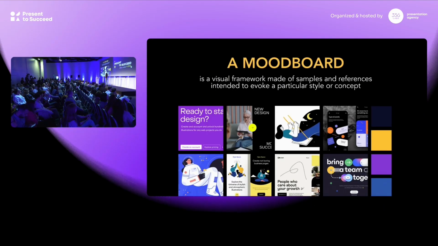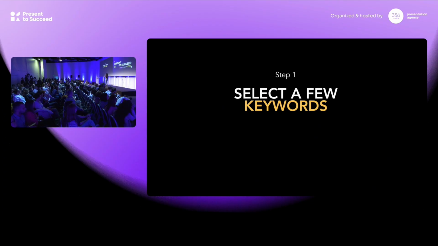Okay? But first, we need to know what we're looking for. So step 1 is select your keywords. So the idea is that you think about your project and you come up with 3, 4, 5 different keywords that will visually describe your project. So it could be concepts like futuristic or ecologic or playful, things like that.